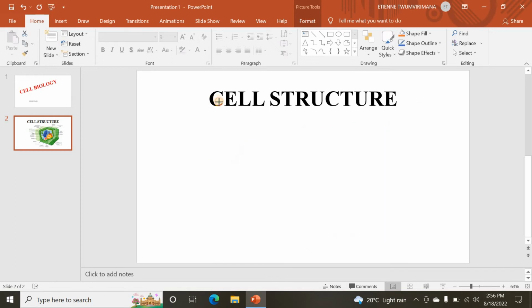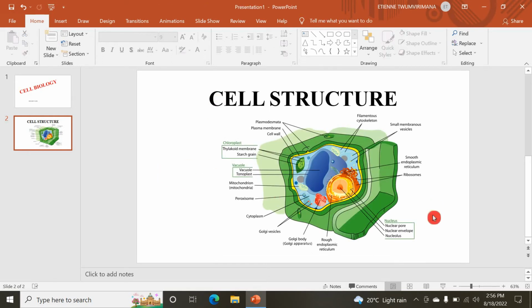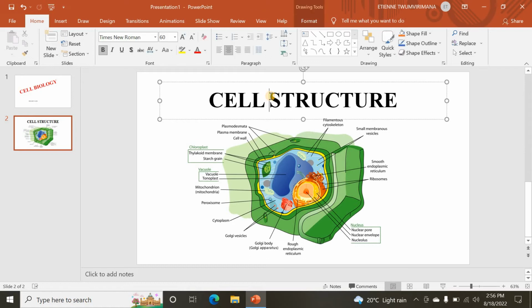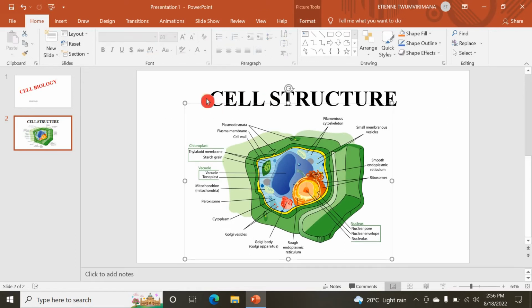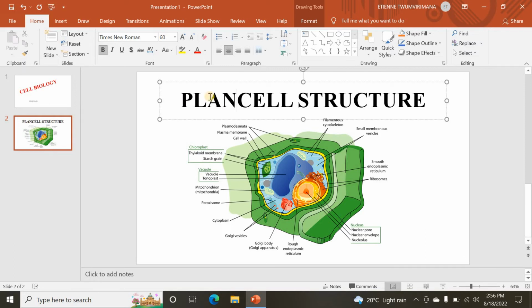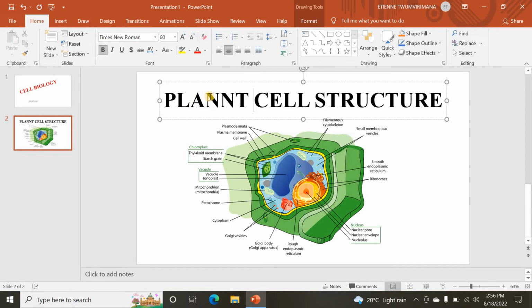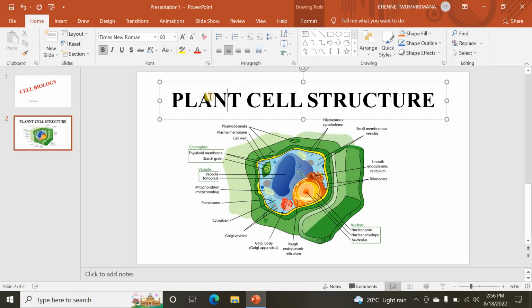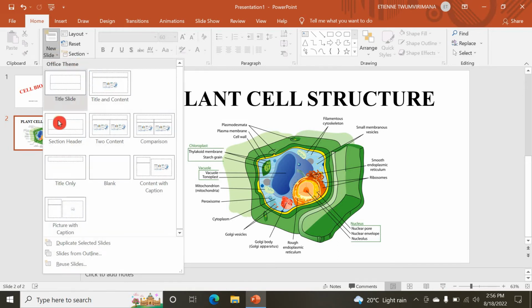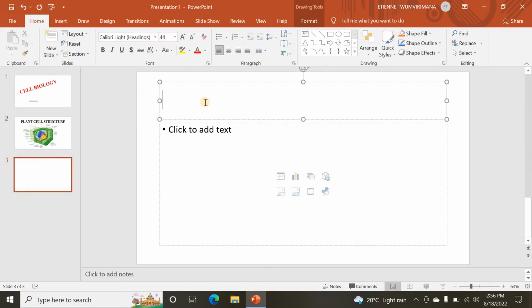And guys, you see you can just resize your picture, and you have a very nice picture. And this is a set structure, and let me just put a prompt to be specific. You can just deal with your presentation in the way that will look nice. This is a prompt. I can just add another slide. Let me add another slide. Maybe you just want a title on the content. I can put animal cell,